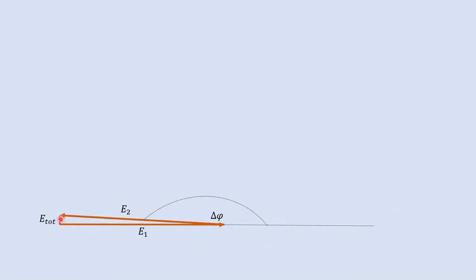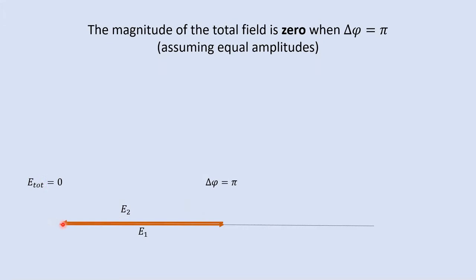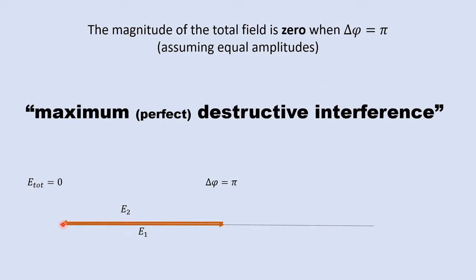Let's carry this a little bit further. And you can see that when the two phasors point in opposite directions, in other words, when the phase difference is pi radians or 180 degrees, that's when the magnitude of the total phasor actually shrinks to 0. And if the magnitude of the total phasor is 0, then obviously its horizontal projection is also 0. If you project 0, you still get 0. So this would be a scenario in which we get what's called max destructive, or even perfect destructive interference, because